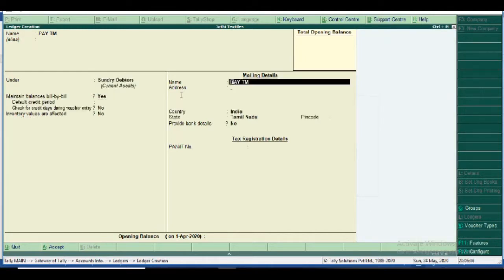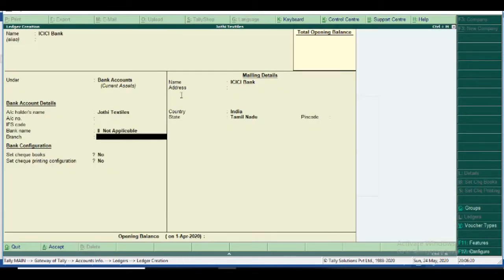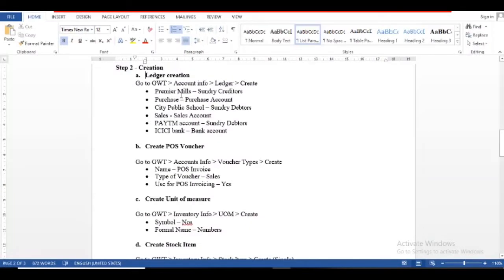Yes, the final one is ICICI Bank, under group bank account. Just we finished.